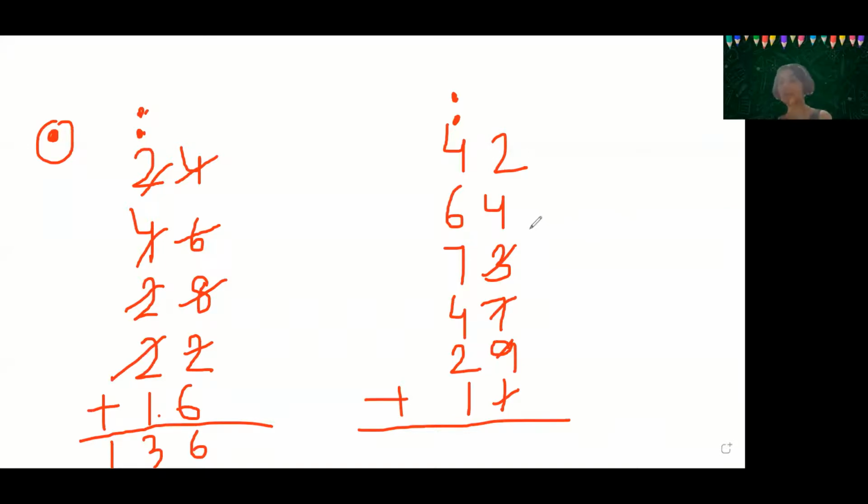Now what is remaining? 4 and 2. 4 and 2 is 6. Write 6. Now see in the next row whether you are getting 10. Yes, 6 and 4 is 10. Immediately put the dot. Any other number? Yes, 7 plus 2 and 1, 3 is 10. Immediately put the dot. Any other number? No. Now 4, 5 and 6. 6 and 2 dots means 2. 266. How is the method?